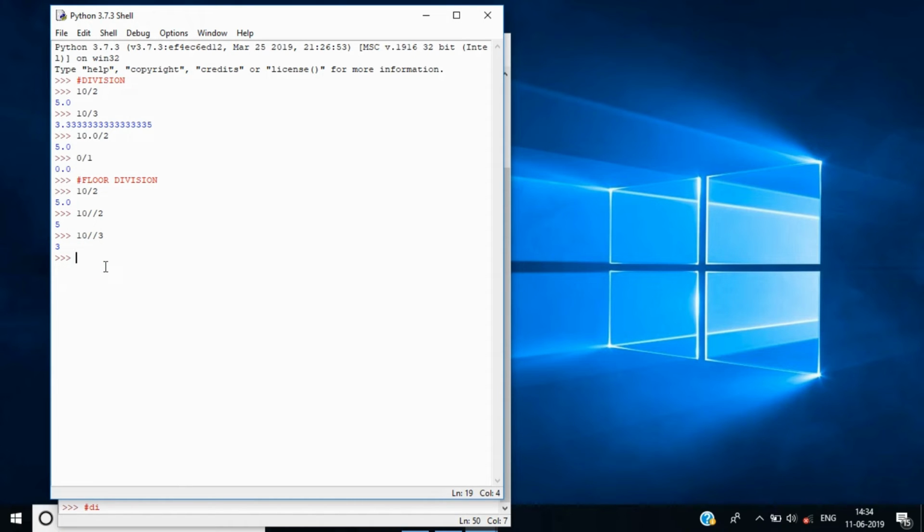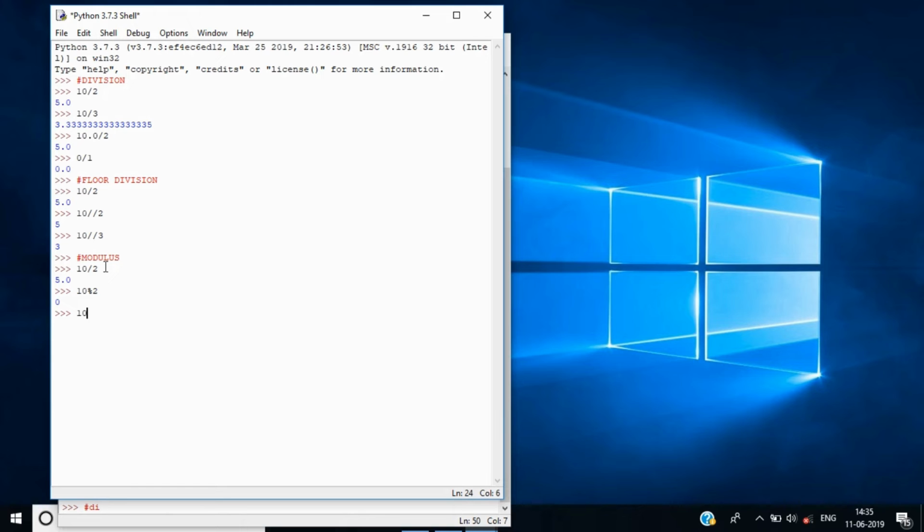What if you want to see the remainder during division of two integers or floats? Usually we don't have float moduluses, and we need special functions for that, but Python 3 handles it inbuilt. So let's see about modulus now. 10 by 2 will be a perfect number, 5.0, without any remainder. So what if I say 10 mod 2? 10 mod 2 will give me the modulus, which is the remainder, which is 0.